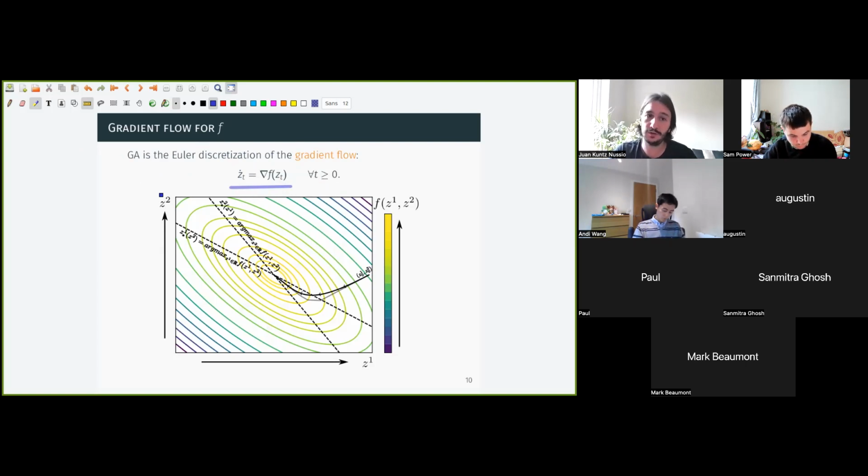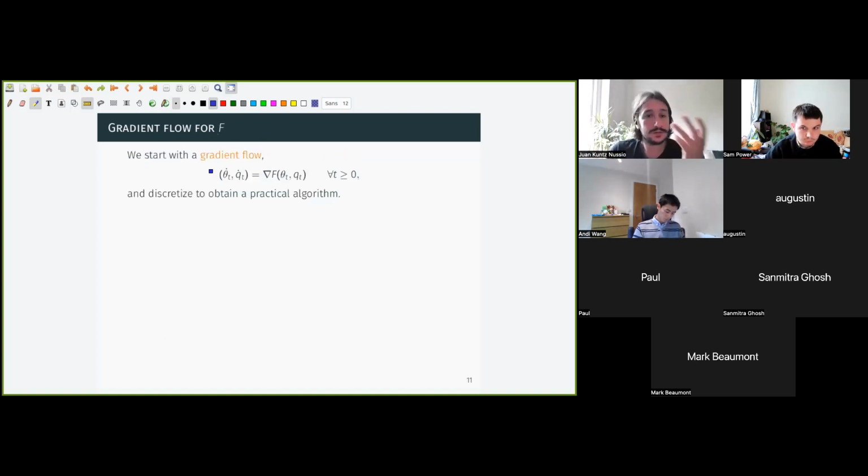So in our case, what we're going to do is to look for an analog of gradient ascent. We're going to turn things around. We're going to look for an analog of the gradient flow that applies to the free energy, and then discretize it until we get an algorithm that we can actually run on my computer. So the gradient flow will look very similar. It's just an ODE, and it tells you we keep updating the thetas and the q's by just following the direction of the gradient of the free energy, or the negative free energy. Sorry, I'm going to keep saying free energy when I mean negative free energy. You're going to have to bear with me on that.